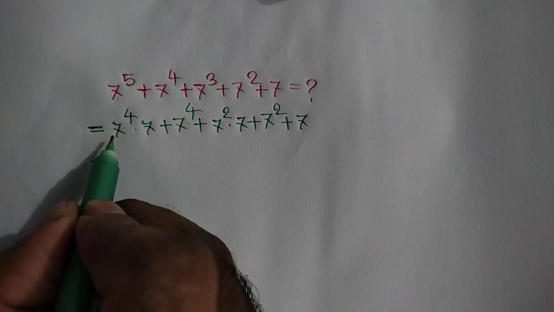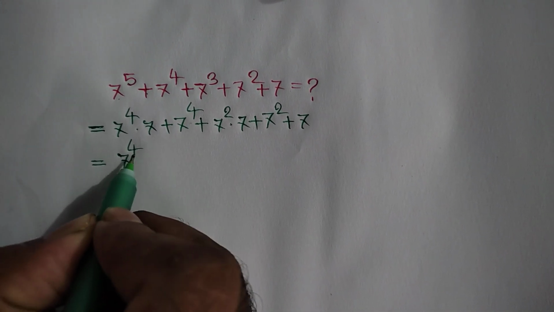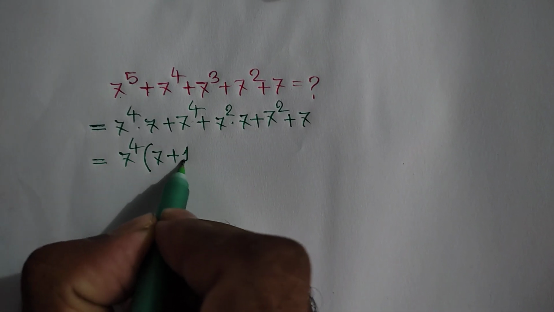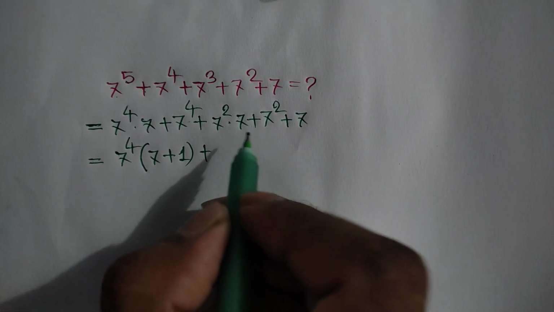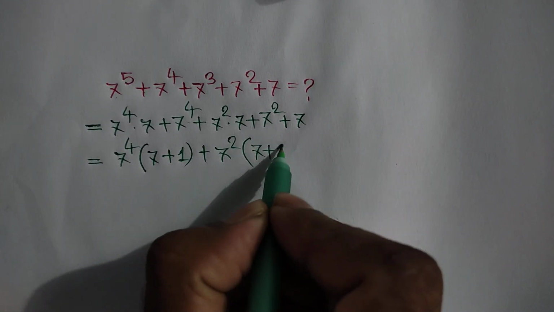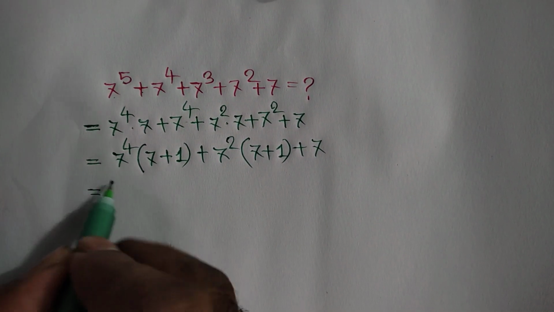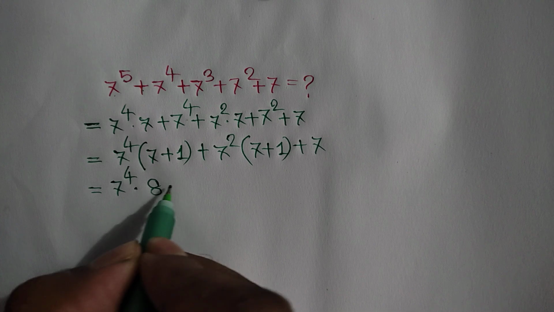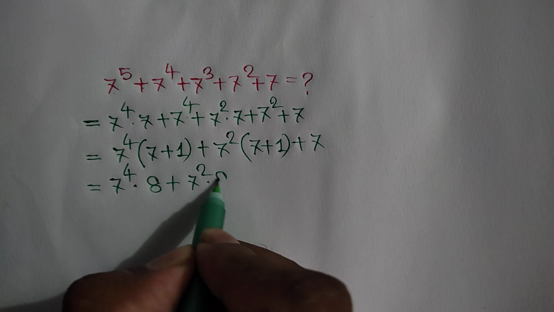is equal to, now taking common 7 to the power 4 from the first two terms we will get 7 to the power 4 out of the bracket. Here we will get 7 plus here we will get 1, plus taking common 7 square from these two terms we will get 7 square out of the bracket. Here we will get 7 plus here we will get 1, plus 7 is equal to 7 to the power 4 times 7 plus 1 is equal to 8, plus 7 square and 7 plus 1 is equal to 8